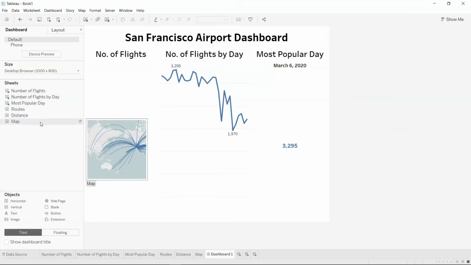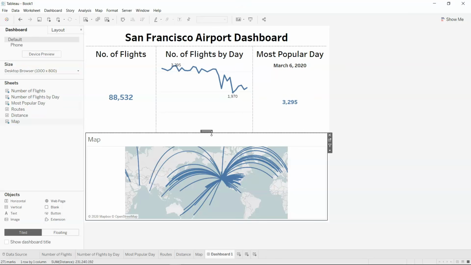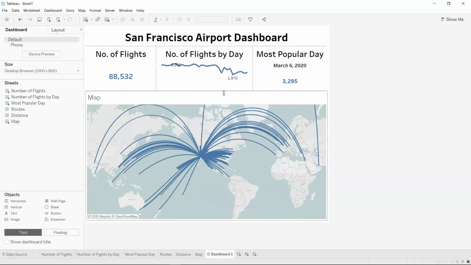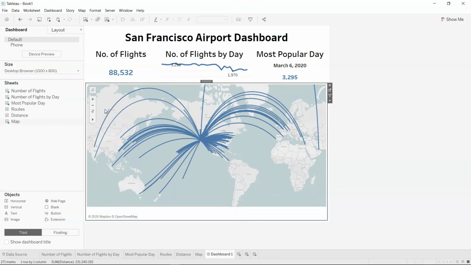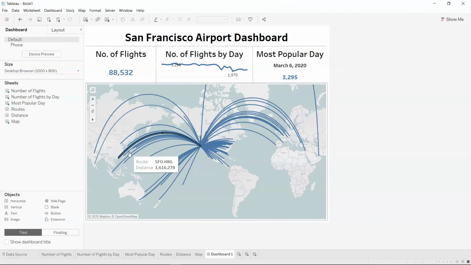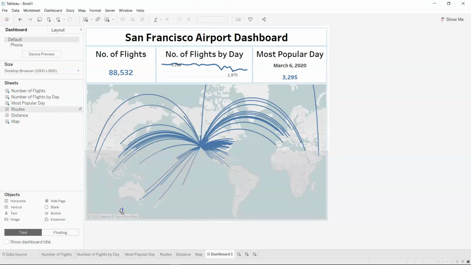After that, we have map. So let's bring the map and put it down there. As you can see what I'm doing, I have this map, so I can put it upward as per my needs. So I'll right click and hide this. So now I have full map, and this KPIs is showing its relevant information. Now I can put the route and distance. So over here,